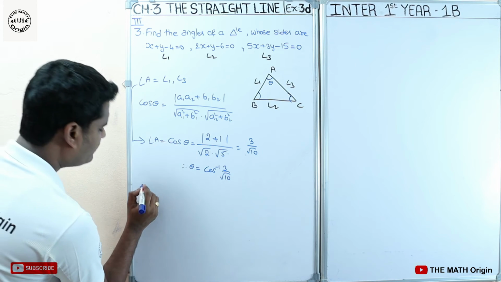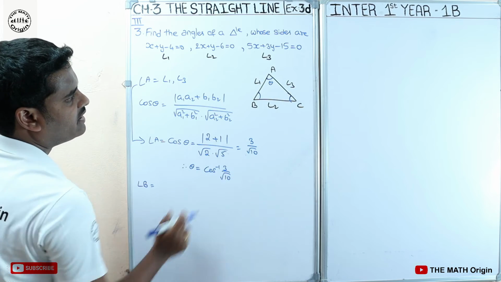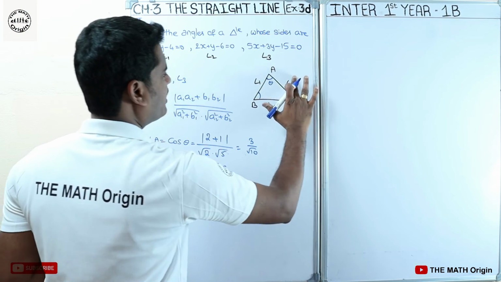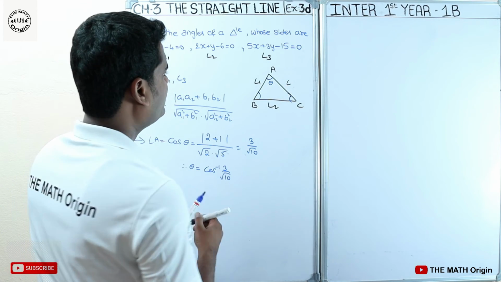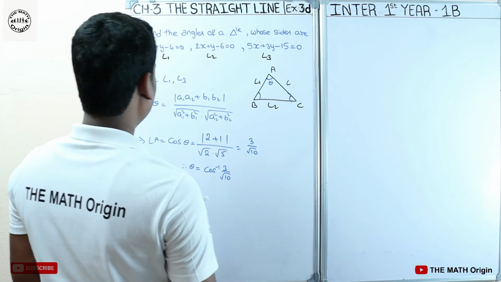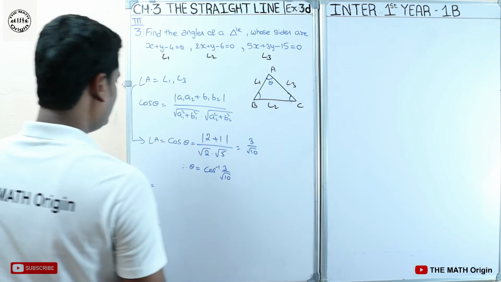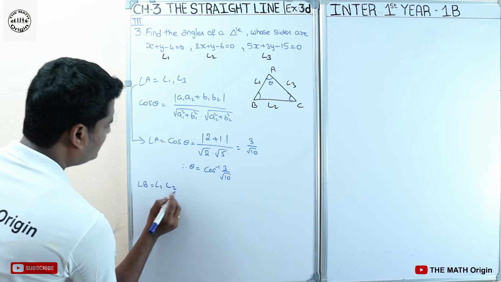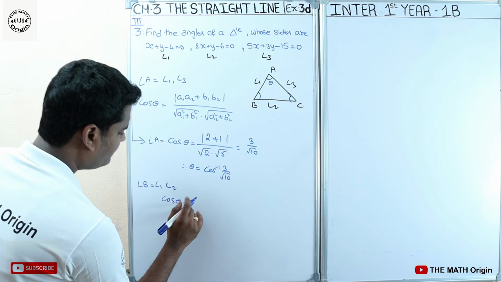Now next let's find out angle B. For angle B I need to derive line 1 and line 2. I will write it as L2 here. Okay, it's correct, sorry, L1 and L2. I need to derive L1 and L2. So cos theta is equal to,